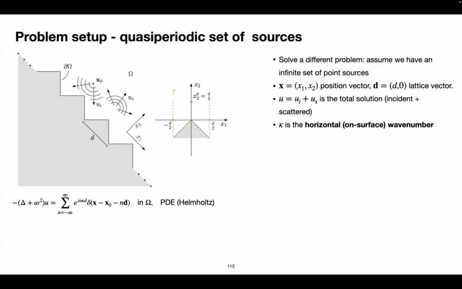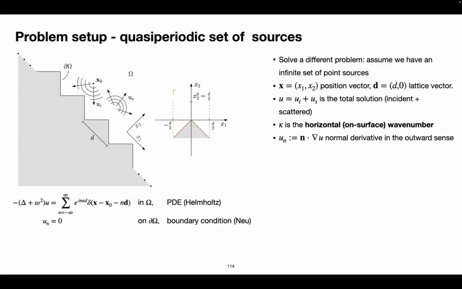So some notation: x is going to be my position vector, and the periodicity of the stairs is d. Now, the PDE is linear, which means that I can break up the solution into two. u^i is my incident radiation, and this is actually known. I can model what a human shouting would look like. And then the unknown is what's reflected off of the stairs, which is u^s, the scattered solution. Now, the solution has a characteristic length scale called a wave number. This is like frequency, but spatial, or like a wavelength, basically.